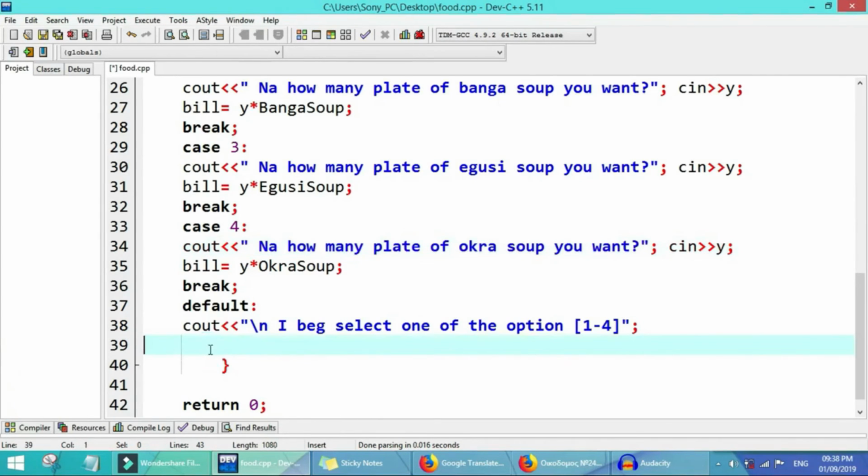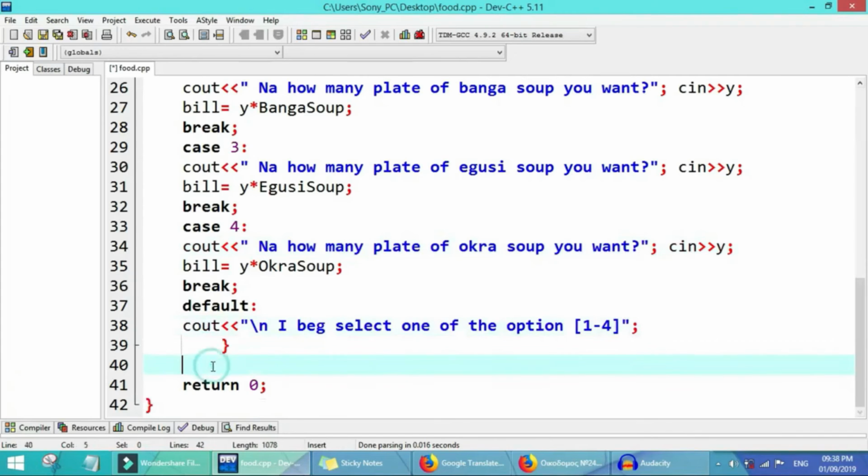After all these options, after we get our bill, we need the total price just as the question requires. So I will print out total price.